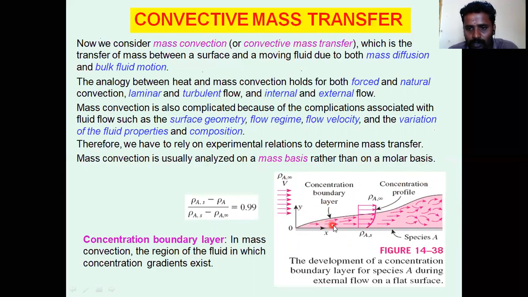When the force is applied up to the boundary layer, we can find out which type of fluid flow it is. There are two types of fluid flow in convection: one is laminar flow, another one is turbulent flow. Turbulent flow is a zigzag. Laminar flow is a smooth movement.